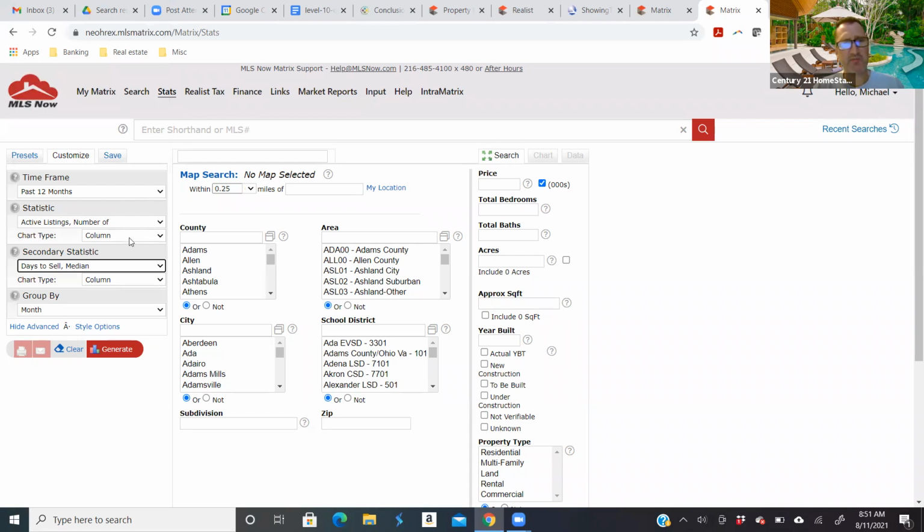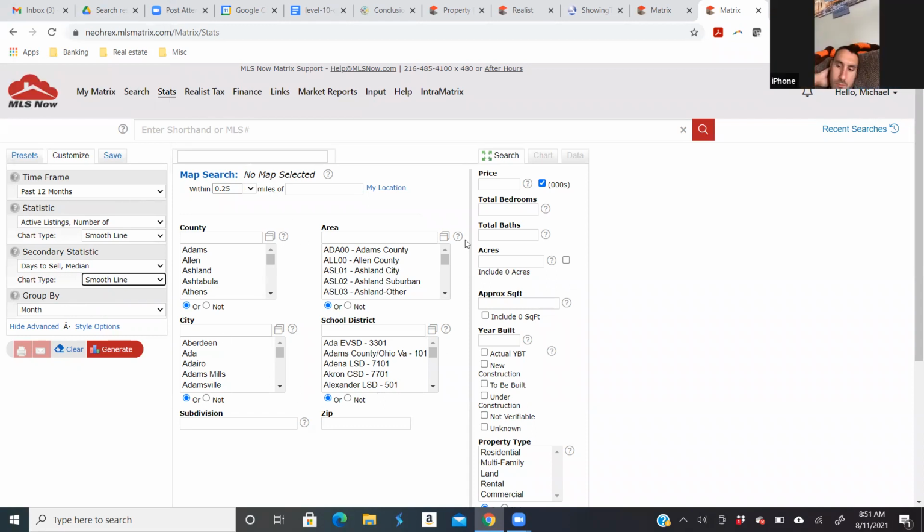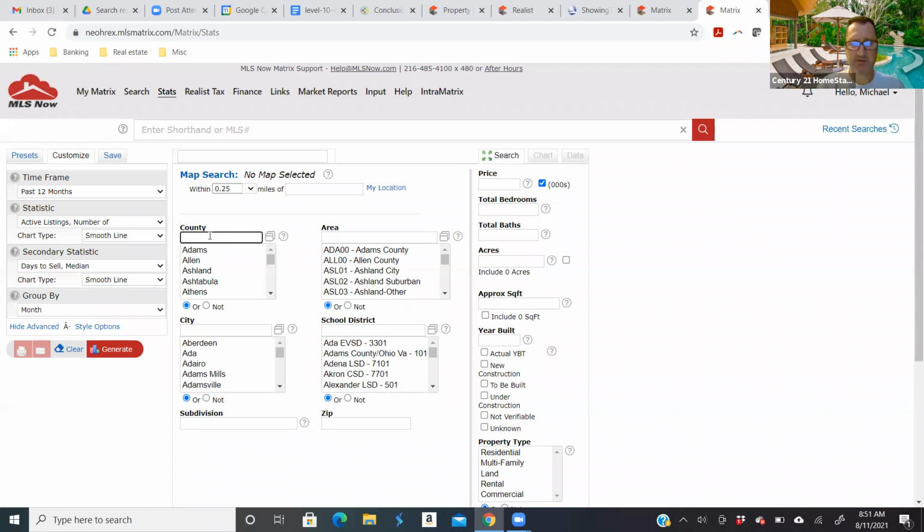You can change the type of chart you're creating. When you're putting 2 stats on, it's usually nice to do a line or a smooth line, because the other types sometimes cover up the secondary stat. Now over here, you do just like you would do an MLS search, and I would start,